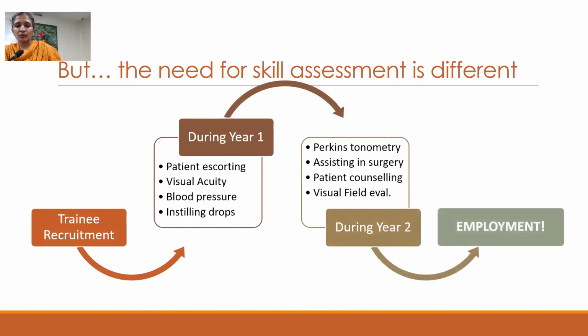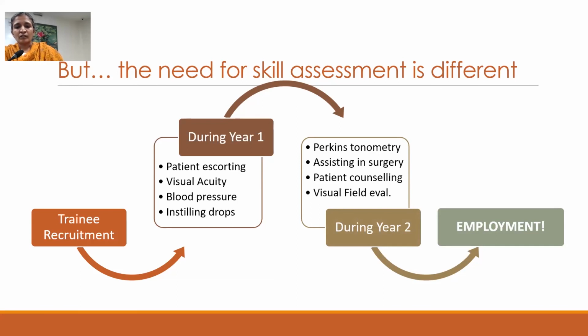Now, if I'm going to do the skill assessment only at the end of each year, what the problem is, they have already started doing this on the patients. So what is my documentation to say that they are already competent to do it? Even as a trainee, this person can perform visual acuity measurement. Now, if I have this documentation, I can show that this person is competent. Even though she's a trainee, she can still be part of the workforce because I have proof that she is